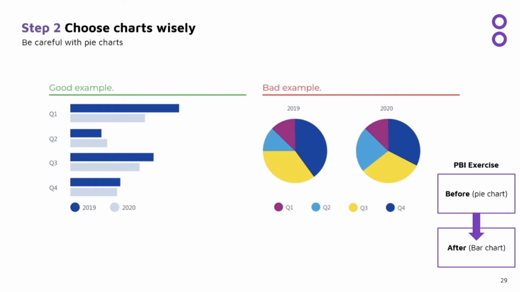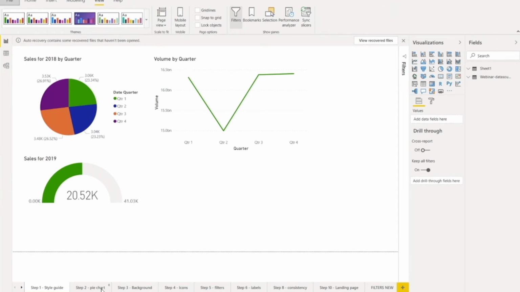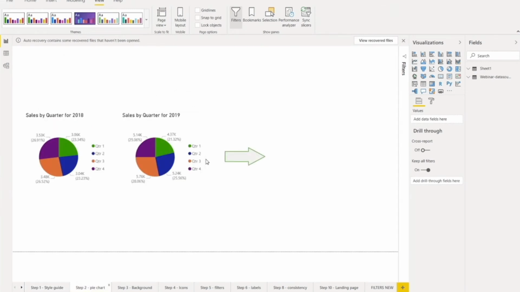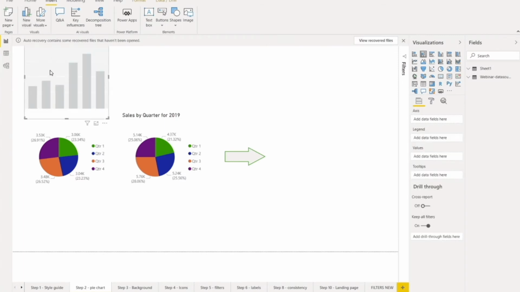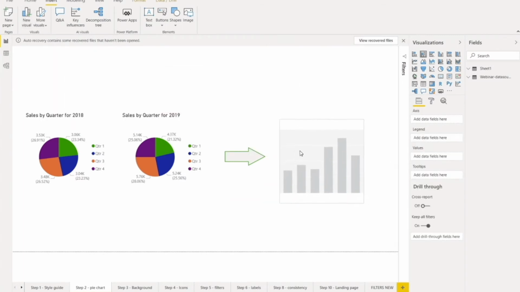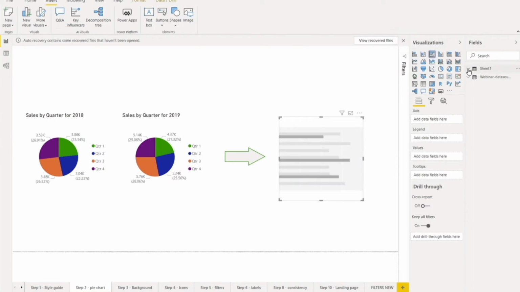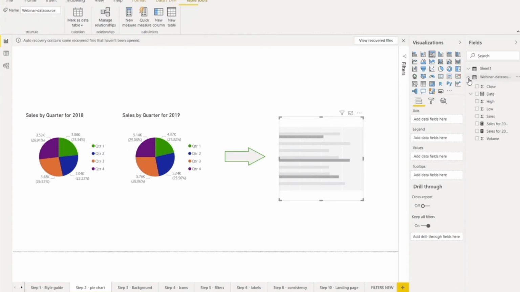So, Power BI exercise now. Let's transform this pie chart into a nice bar chart. First of all, we insert a new visual. Then we choose the type, cluster bar chart. Then we take the data. So we want to compare quarters